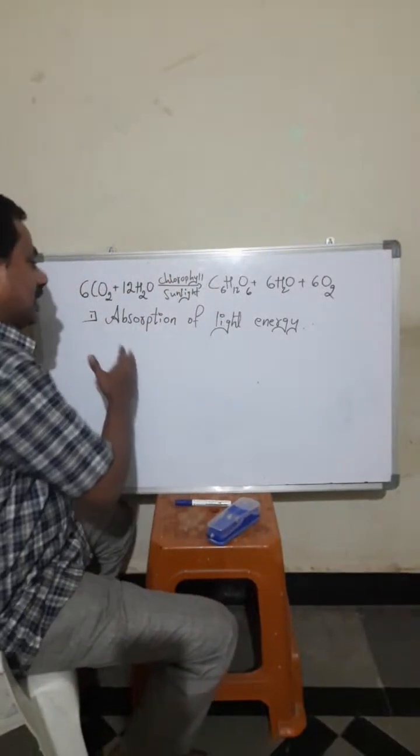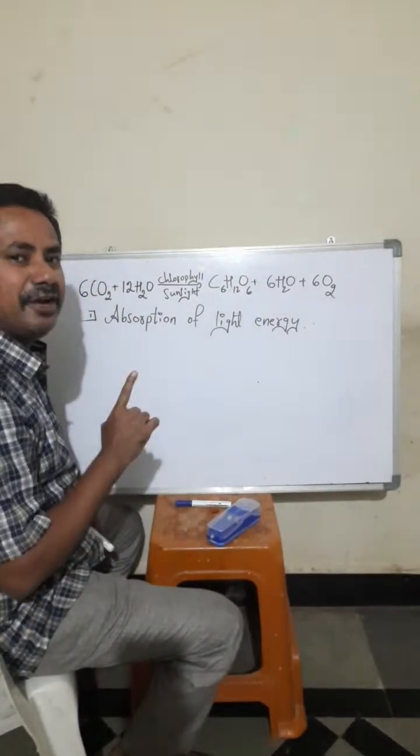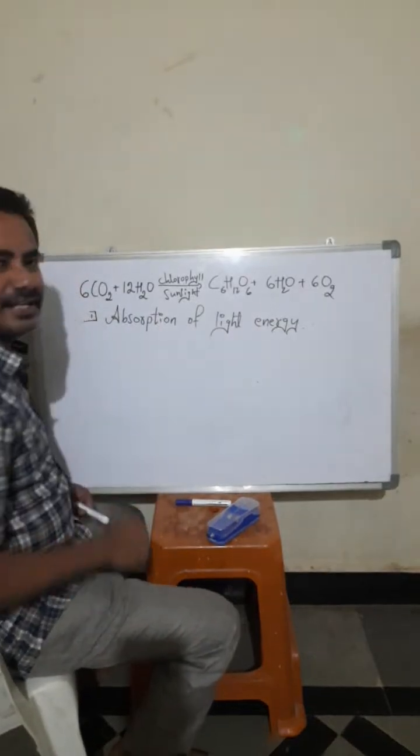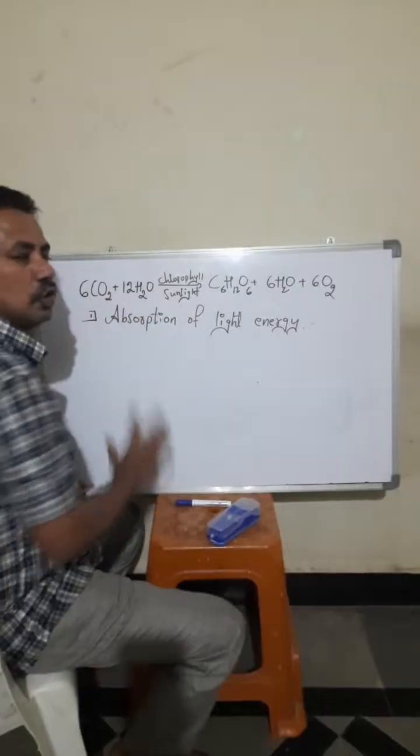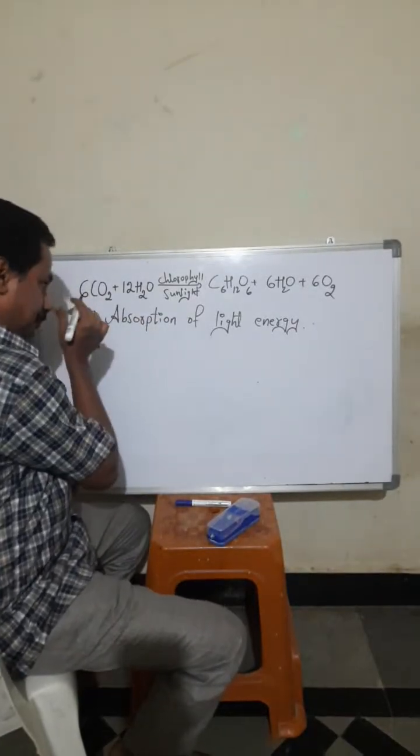So let's continue here. First event occurring during photosynthesis: absorption of light energy by what? Chlorophyll. Okay, simple. Second one is